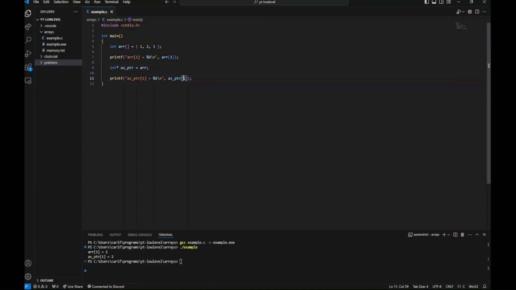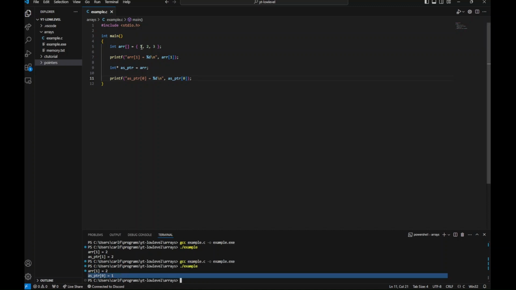So I can also change this demonstration a little. Let's say I made this the first element of this pointer, and recompile. You can see that it prints out the correct first element. And so the idea that I'm trying to get across here is the fact that this array is actually just a pointer. So I can prove that by